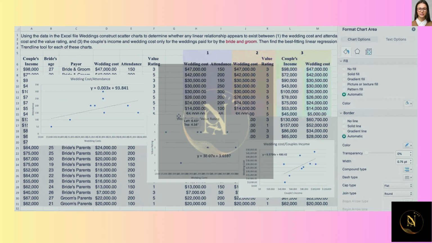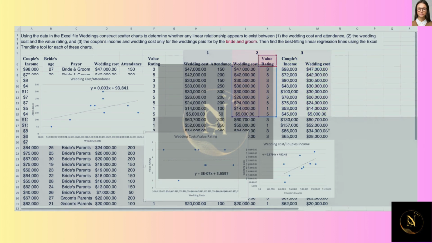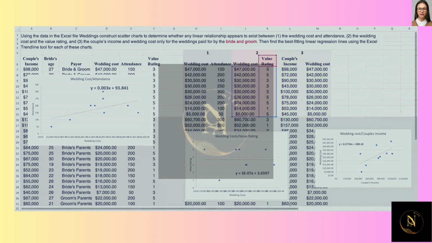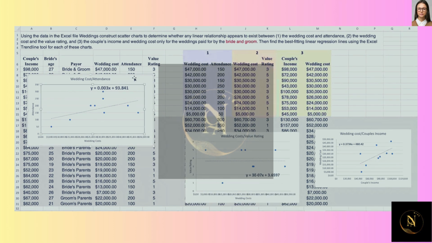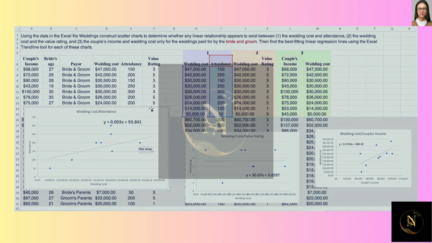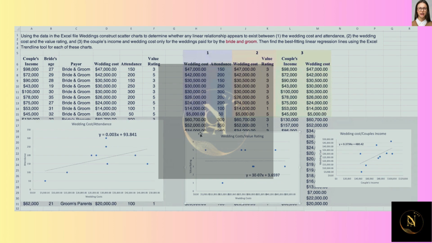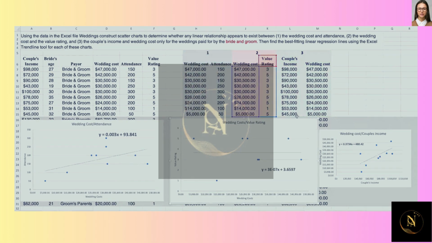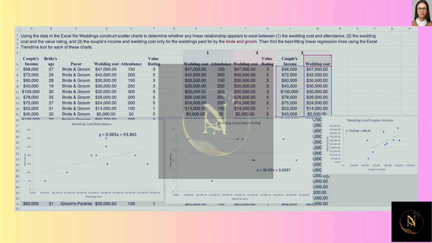So I'm going to get rid of this so I have some more room. But we have wedding costs and value rating. We have wedding costs and attendance. See if I can make this one a little bit bigger so that the numbers are spread out a little bit more. Here we go. And we have wedding costs and